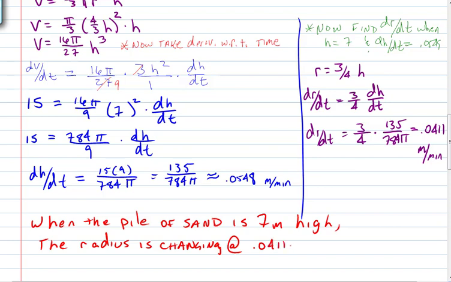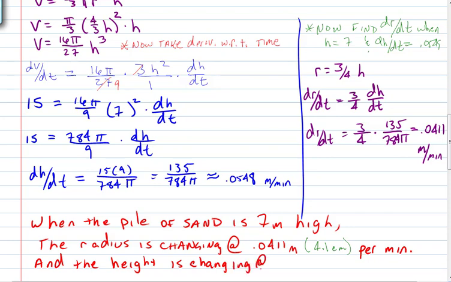0.0411 meters. Change that to centimeters. How do you change it to centimeters? Well, it's 4.1 centimeters per minute. And the radius, and the height is changing at 0.0548